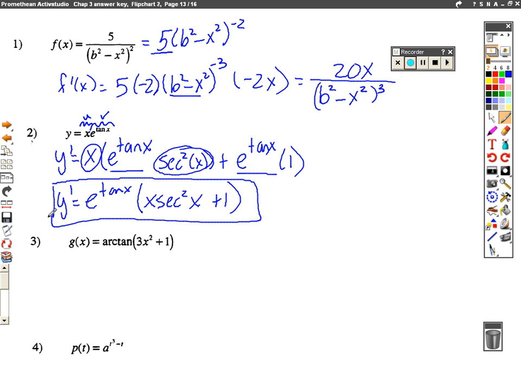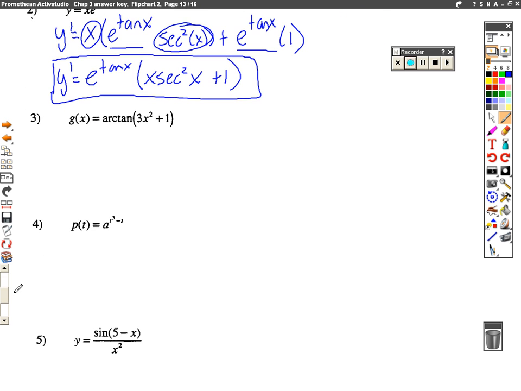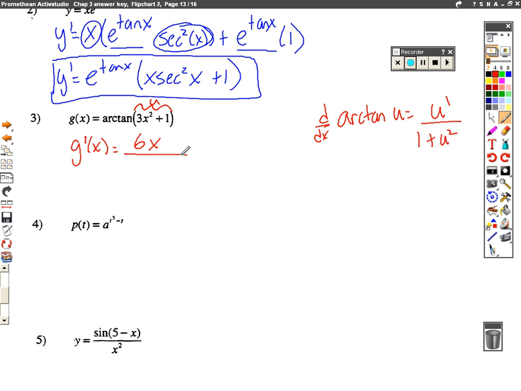Alright, number 3. Here's our favorite thing, those arctangents. So the rule for arctangent was d dx of the arctan of u is u prime over 1 plus u squared. So that's the rule we're going to use here. So g prime of x will look like u prime. This is that u we're referring to. So 6x over 1 plus u, the whole thing,